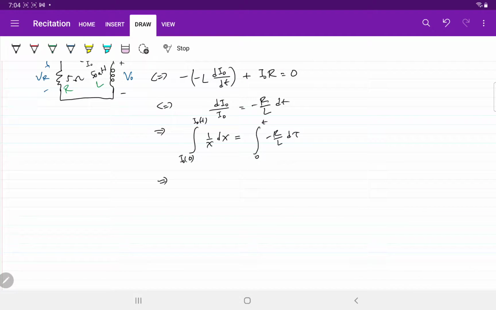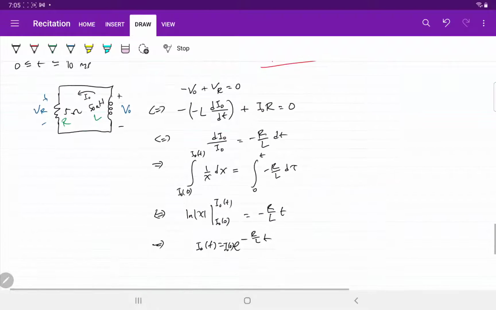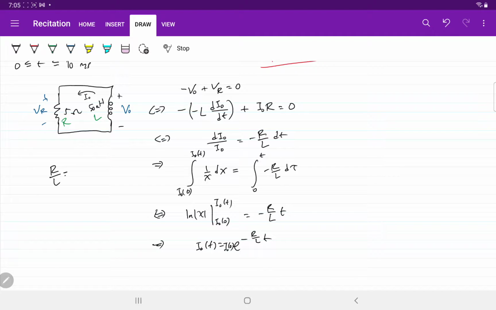and this is log, so log of the absolute value of x, from I0(0) to I0(t), and this is minus R over L t, right? This gives us I0 of t is I0 of 0 times e to the power minus R over L t. So R over L is